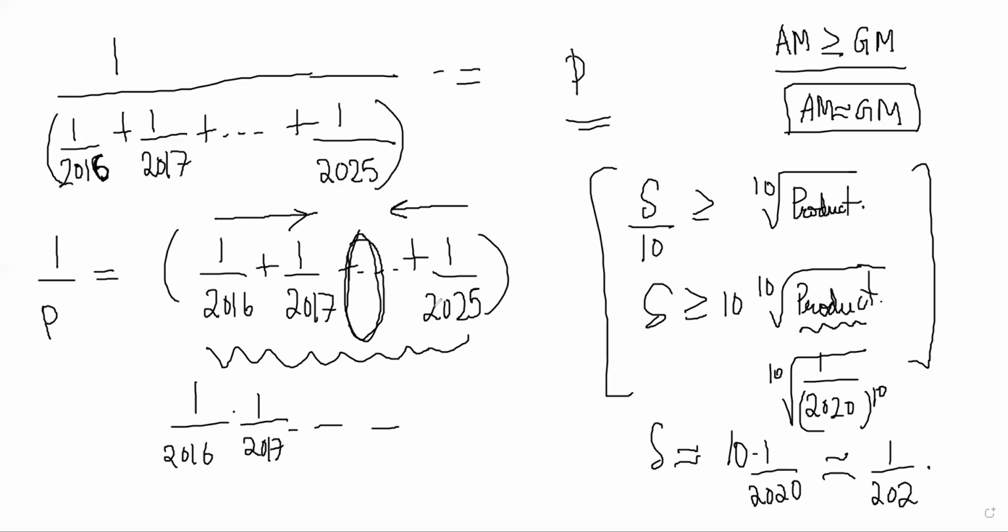I mean, the book probably also does something similar, but it is a different method. He's not explicitly using AM-GM. But it's using the same logic that if it's a very small number, then 10 times of that will be around 10 times of the smallest, 10 times of the biggest. Okay. That's all for now.